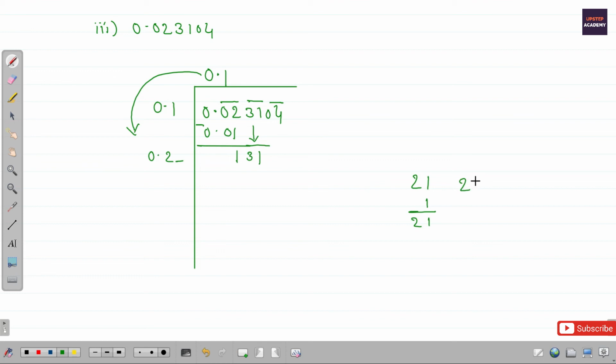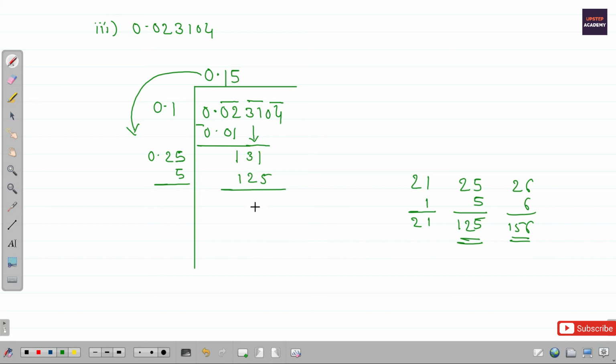So let us try with 5. 5 into 5 is 25, 5 into 2 is 10, plus 2 is 12. So 125 is the number which we can take over here, because if we take 6, 6 into 6 is 36, 6 into 2 is 12, plus 3 is 15. So 156 is quite greater than 131. So the number which is appropriate over here is 125. For taking that number we should put 5 in front of this 2 and here too 5. So 25 into 5 is 125. Okay, and don't forget to write this 5 over here too, guys.